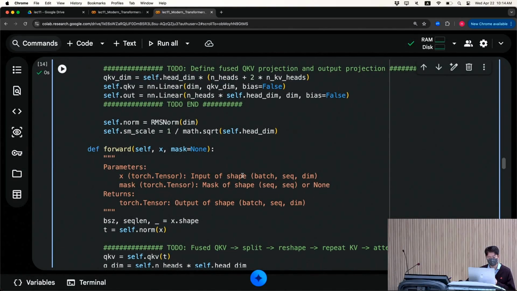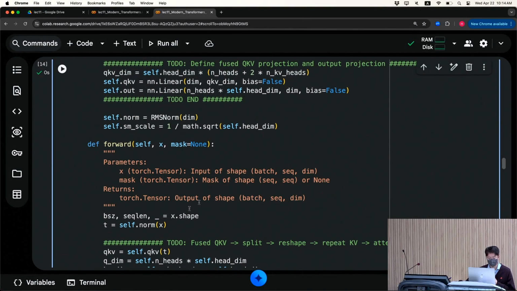Okay, so once we have that, in the forward method, given the input, we just matrix multiply with this large matrix W, and that's the output. So this is the fused projection part. Fused QKB projection is this line here. Second line,